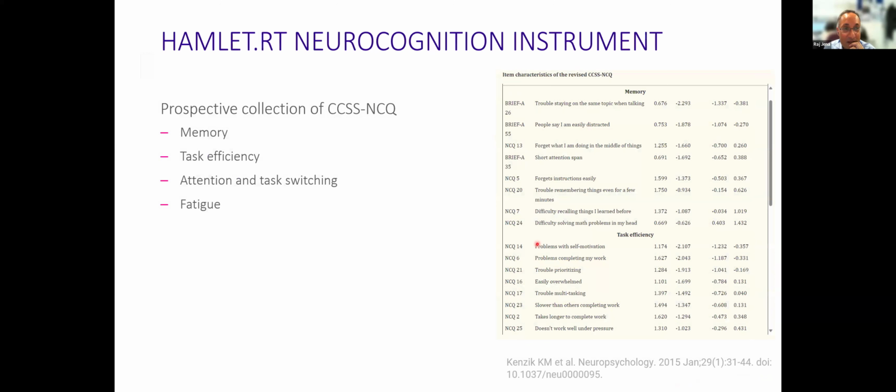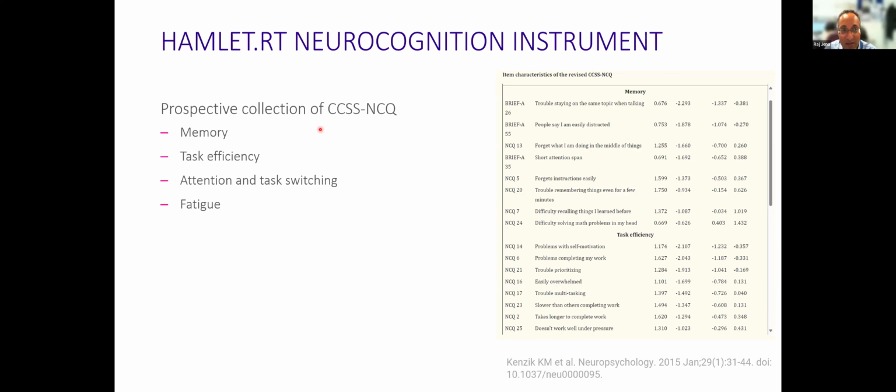Okay, so in Hamlet RT, what we did is to collect these questionnaires, and it wasn't just a neurocognitive assessment, because patients hate doing those. Well, can you sit there in a clinic room for 45 minutes being asked to draw elephants? They really don't like that. So this is a bit more focused. It actually talks about how people's memory and cognition, tiredness and mood affect them on a day-to-day basis.